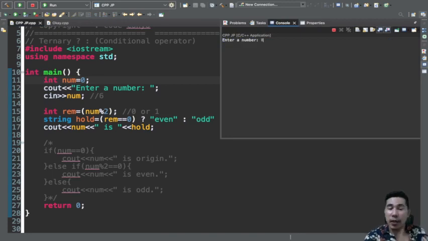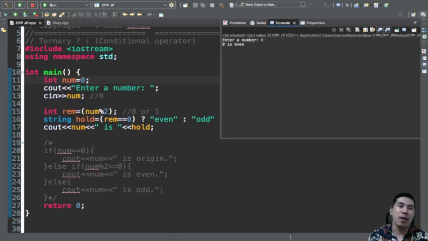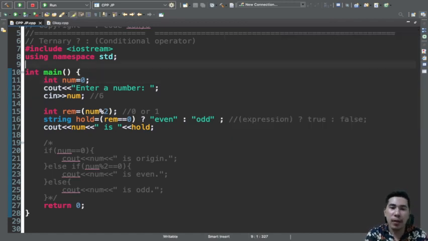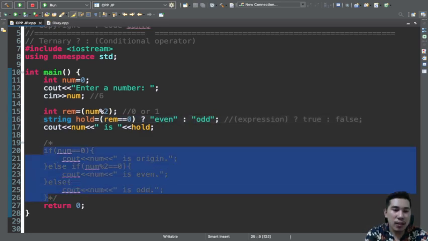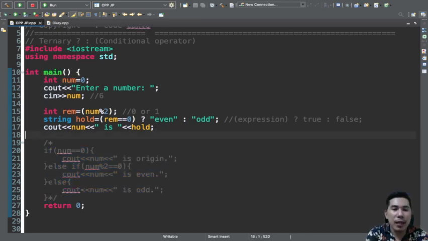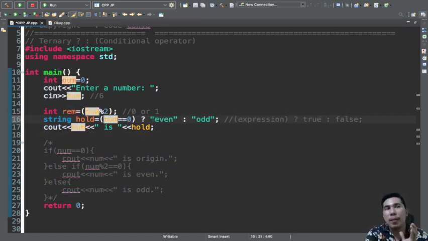Okay. So let's say we are going to enter 0. So 0 is neither an even nor an odd number. It's actually an origin. So therefore, we'll need to modify or alter our program so that it is going to process the same way this structure does. Okay, so what we will do is, instead, we are going to definitely evaluate